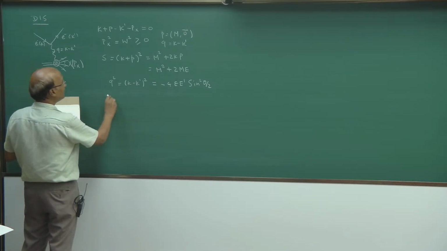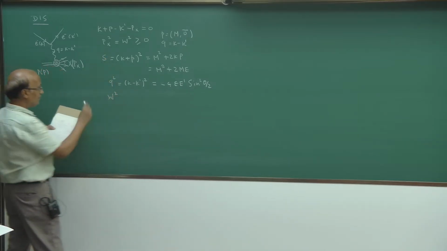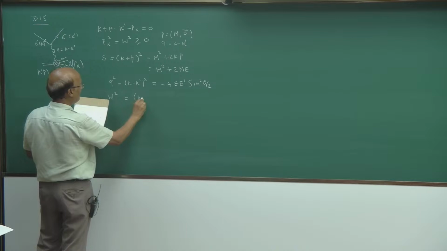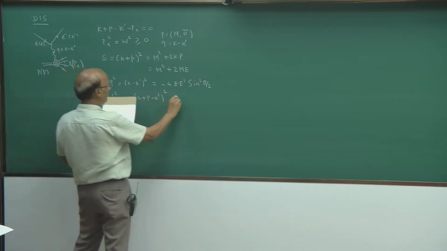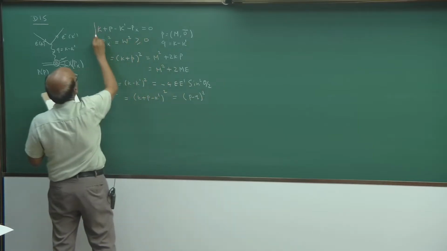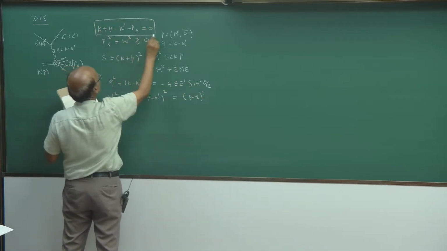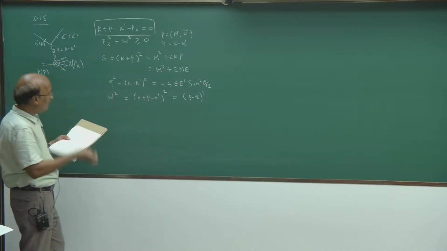And then when I said W square is actually P_X square. So for this particular kinematics, it will be K plus P minus K prime whole square. Okay, which is simply P minus Q. I am just using this energy momentum conservation. Okay, so P minus Q whole square, just simply